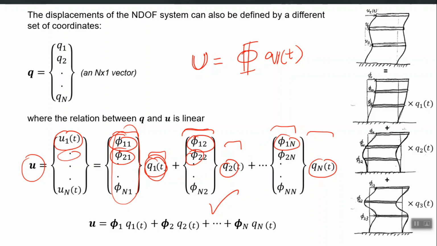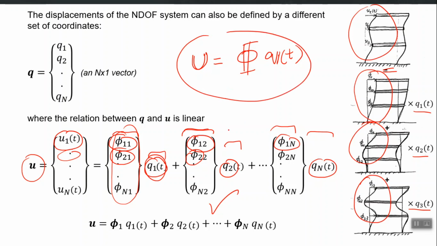So, we have just written the u vector and expanded it in terms of generalized coordinates, right? Please remember that concept: any u vector is now equal to some independent vector multiplied by q1, plus another independent vector times q2, plus another independent vector times q3, and so on. This is called the expansion of a vector into independent vectors, right? So, this equation is our key equation.